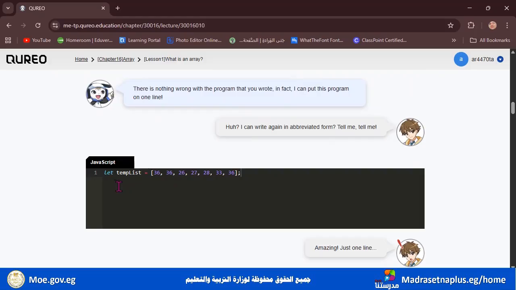So we have here let temp list, and temp list here is a variable that we named for temperature. So let the variable temp list equal 36 comma 36, comma 26, 27, 28, 33, and 36, separated by commas and between square brackets, okay?